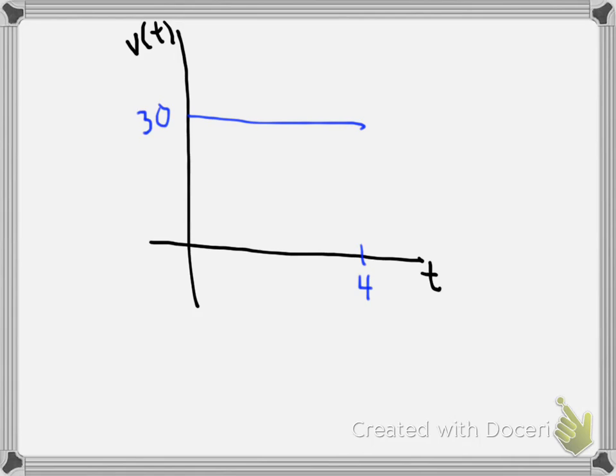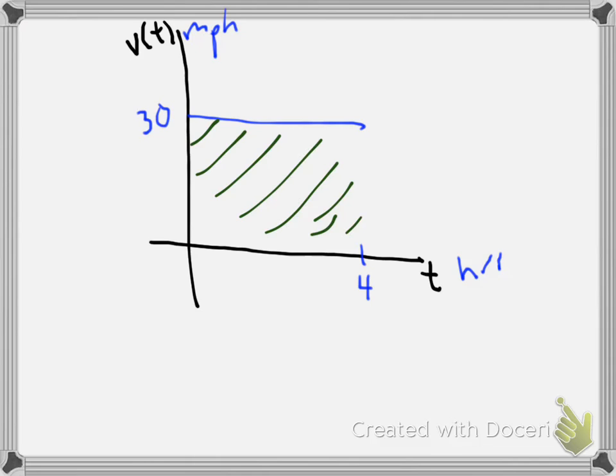Okay, so taking you back to the very first example of integration, we said if the velocity is 30 miles an hour for 4 hours, and again, t is in hours, and velocity is miles per hour. Then you'd get 4 hours times 30 miles per hour, and you'd get actually the area of this region here, and this region happens to be a rectangle because the velocity is constant. So if the velocity is constant, and you find the area,